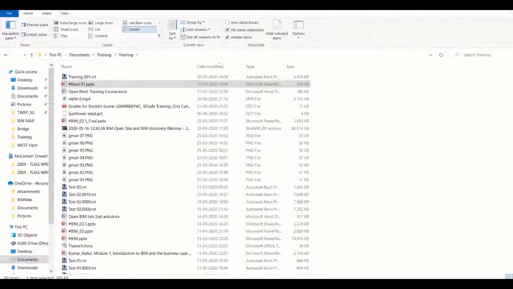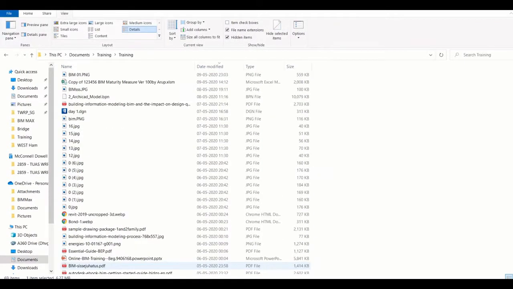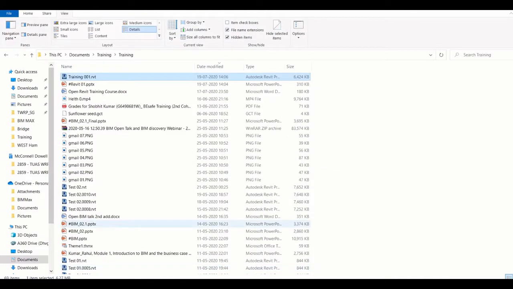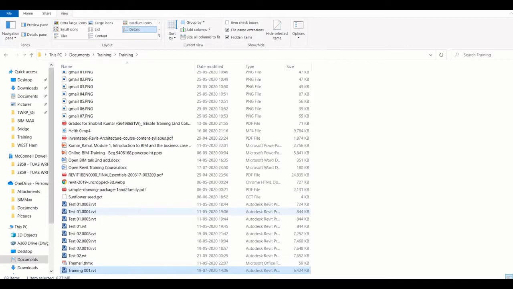And so during our file open, what Revit does is Revit creates a backup of all files. If I sort it out by name, you will see these are the backups. All right, so these are backups. You can see for this drawing we did not do anything, so it doesn't create any backup right now.